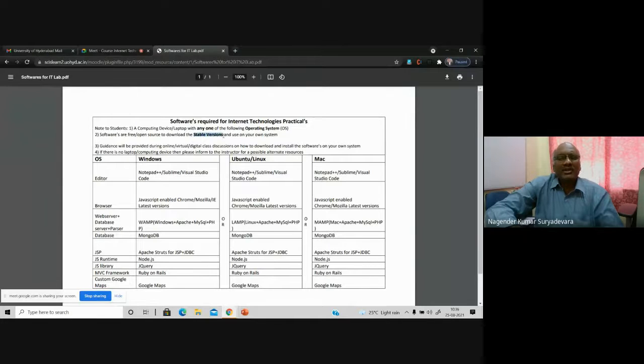When I say stable version, it means most likely the bugs have already been taken care of by the developer or the software company. So don't go for the latest versions. I'm simply telling you, don't go for the latest version. You go for a stable version. Latest versions will always have problems. It is not certified yet. There won't be a bug freeze. The development version software is not preferable for you to practice.